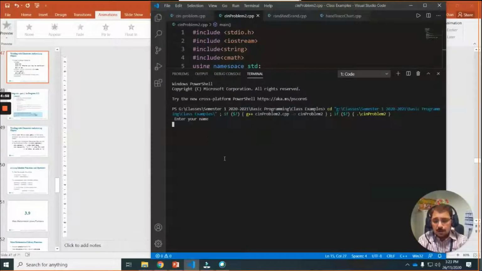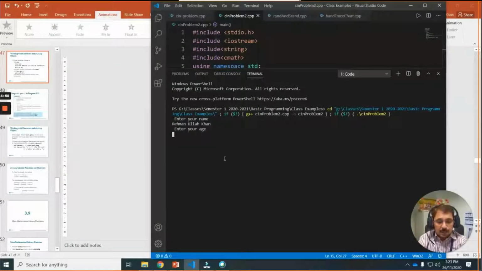So enter your name. Let's suppose I type my full name, it will again not take my full name, but this time it waits for age. Why? Because we use cin dot clear and cin dot ignore, the previous leftover thing is already ignored.